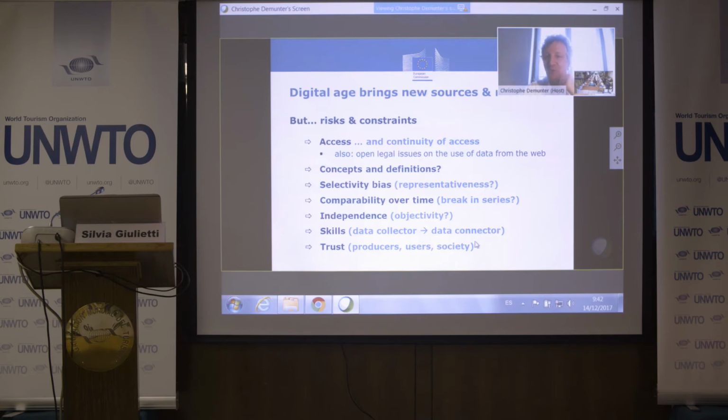Of course, these are also things that happen in our nowadays work, because now we base the data mainly on surveys. Also in surveys, we have non-contacts, non-response, and so on. So the problem is not new, but the possible solutions we have to find are probably new. Comparability over time is a problem. If you change from one method to another, there may be a break in series, and this is never good for users. Independence is a problem in particular for official statistics, because we are supposed to be objective and independent,